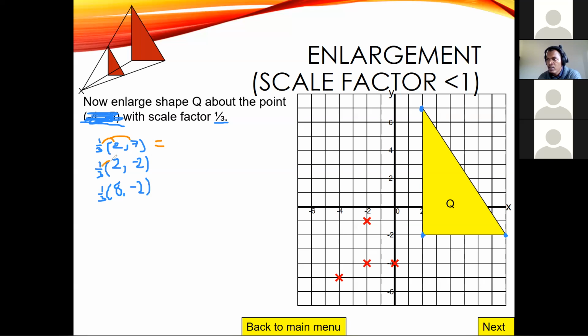Okay, the 1 over 3 will multiply the 2 and the 1 over 3 will multiply the minus 2, and we will get our new coordinate. Okay, and the 1 over 3 will multiply the 8 and the 1 over 3 will multiply the minus 2, and we will get our new coordinate. So once we get the new coordinates for all of them,